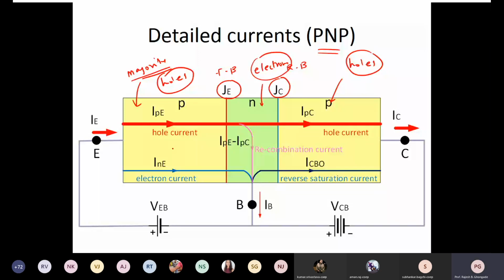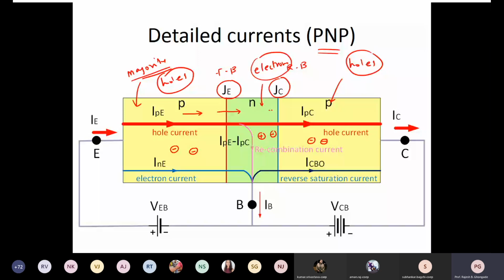We have already seen this, right? So there will be some electrons here, but very few. Here we may have some holes, again very few. Here we may have electrons, again very few. ठीक है ना? So when I say this junction is forward biased, holes will start flowing in this direction. They will go over here. Here they see n-type, where holes are in minority. They see a reverse bias and they are further accelerated into this.